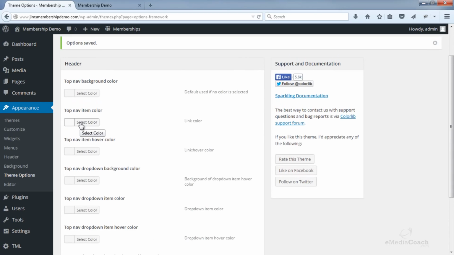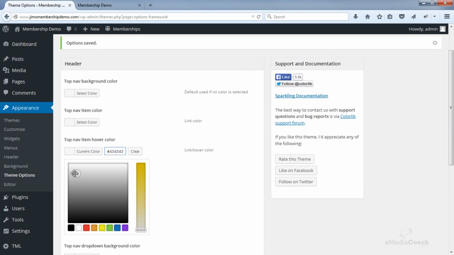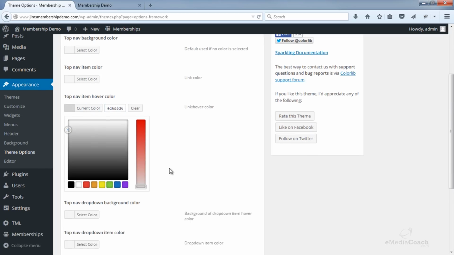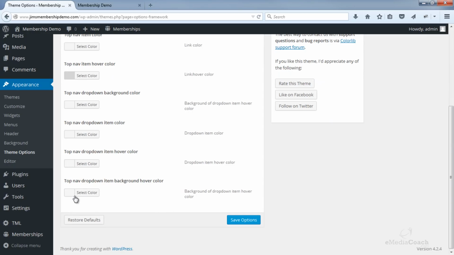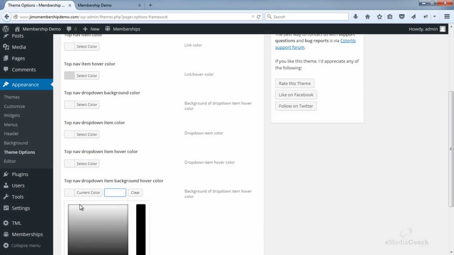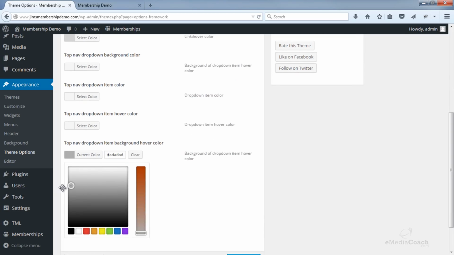The top nav item hover color, this one here. I recommend you make that a light color because it's a dark background. So select one, and then the other thing you need to change is this top nav drop down item background. And that's the drop down hover state, and I recommend you make that slightly darker.